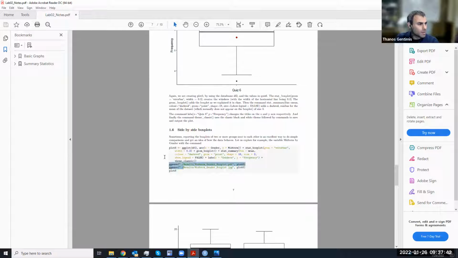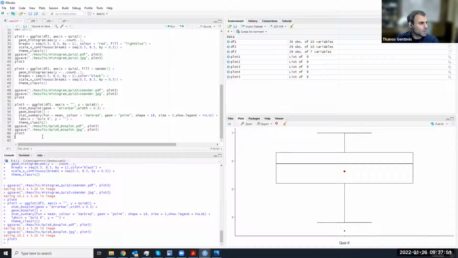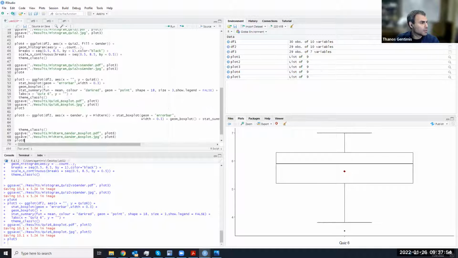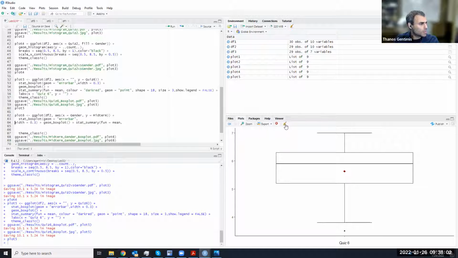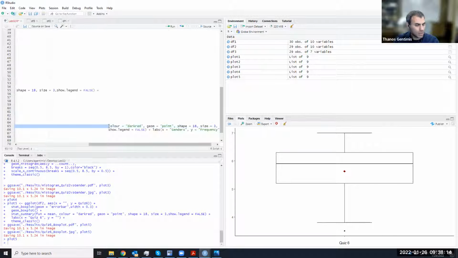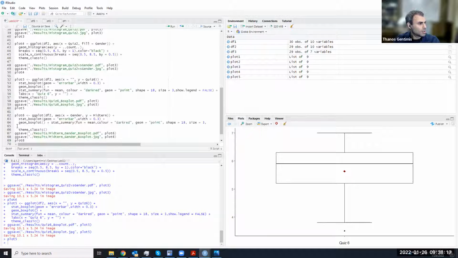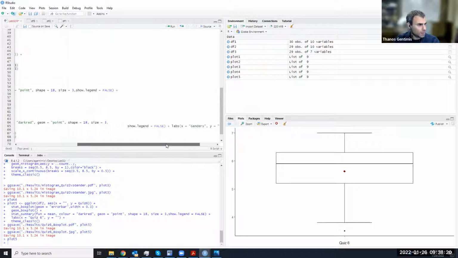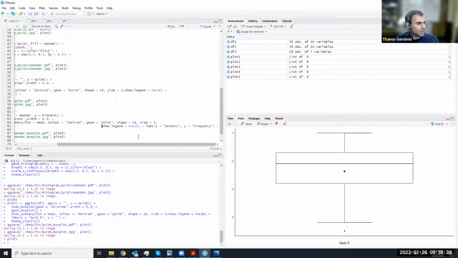So if I grab this part of the code and run it, what it's going to do is create plot number 6, and it's going to add again an error bar, because we want to see those nice error bars on the top. And again, it's going to create a box plot, and again, it's going to add, whoops, I didn't need that. What I need is to remove this piece. It's again going to create the means, and it's again going to have